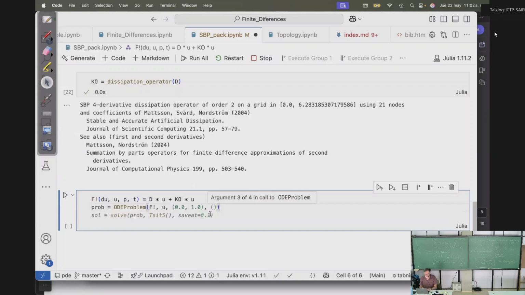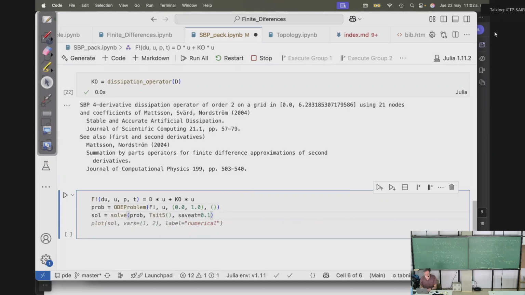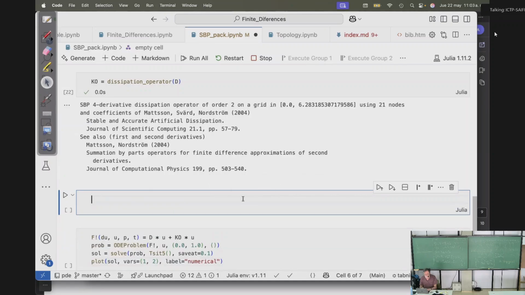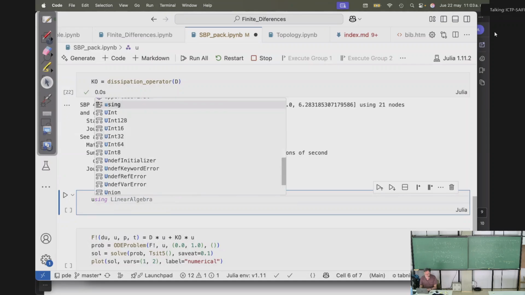Then we can create a problem between 0 and 1, say, no parameters, solve. So this is a problem, but before we will create the initial data, let's call f u the initial data,